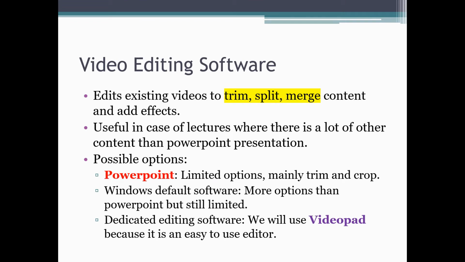Video editing software is what we are going to use in order to do the things we just mentioned, that is, trimming content. This means trimming parts of videos at the start and the end, splitting your videos into more than one part, merging videos, and adding effects like noise removal. So video editing software is what accomplishes these things. And it's especially useful if you have a lot of defined content in your lecture. So you will have to merge them together and you might have to process a lot of noise removal